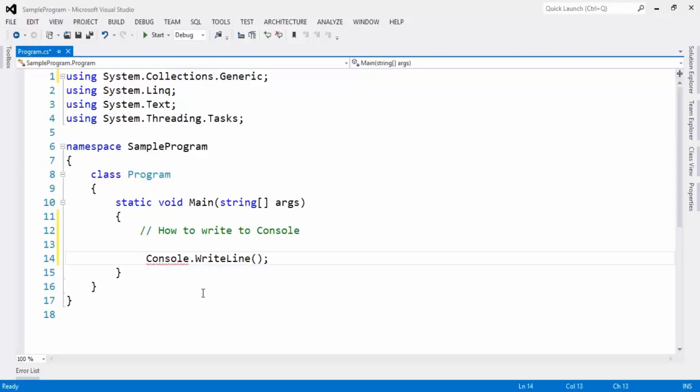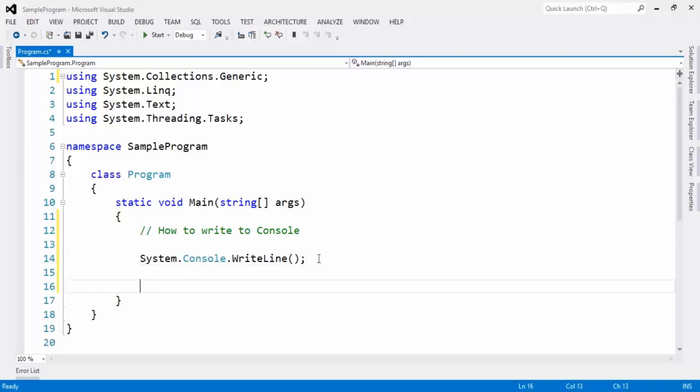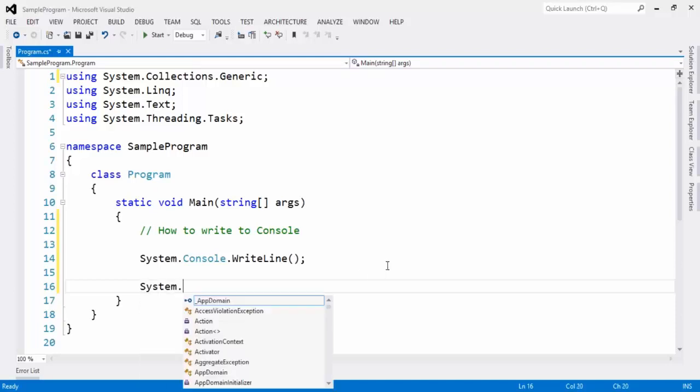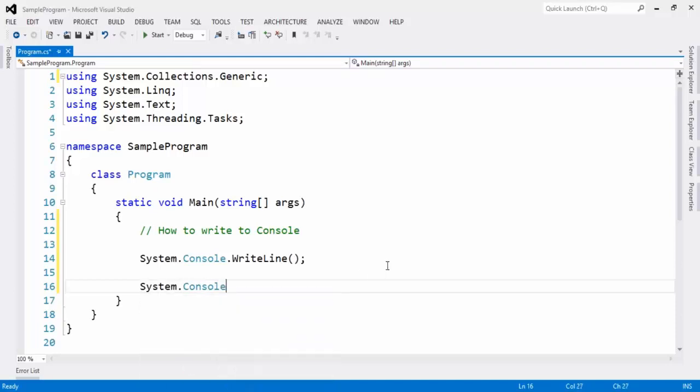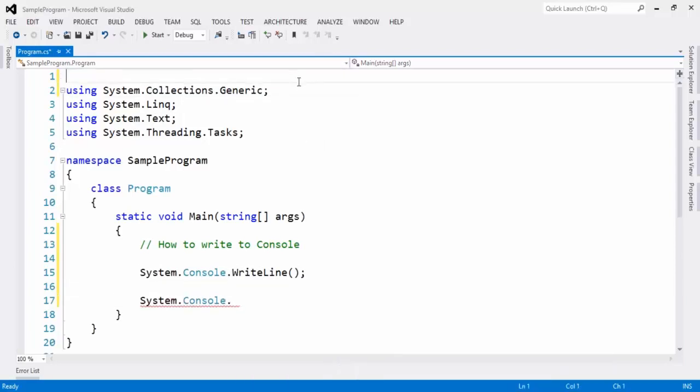See what it's telling: the name Console does not exist in the current context. To avoid that, we can give System here. A fully qualified name, we can call it. See, now it is not throwing an error. And we will not be using the Console class in only one place. In our program we'll be using the Console class in most places. So instead of typing System.Console every time, we can type it only at one place, and then onwards we can use it wherever we want. That is the reason we keep System on top of this application. You don't need to give it every time. You can directly use the Console class wherever you want.